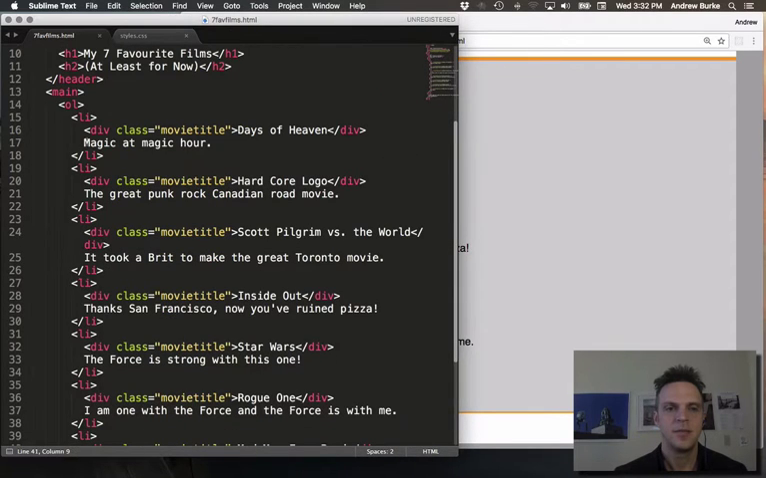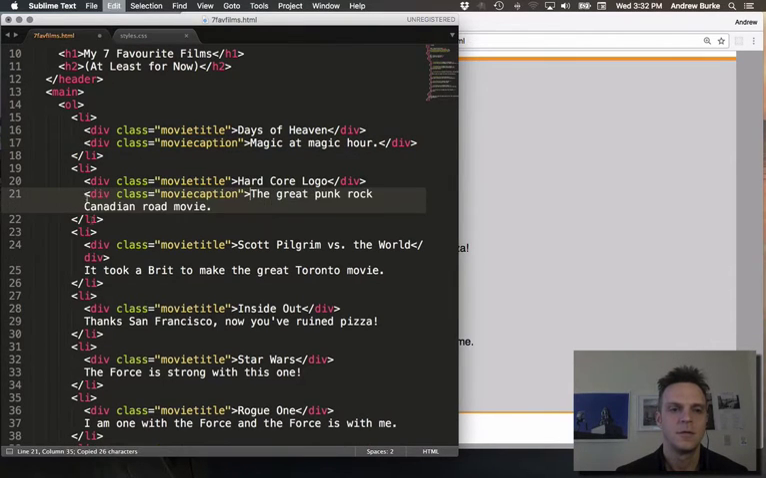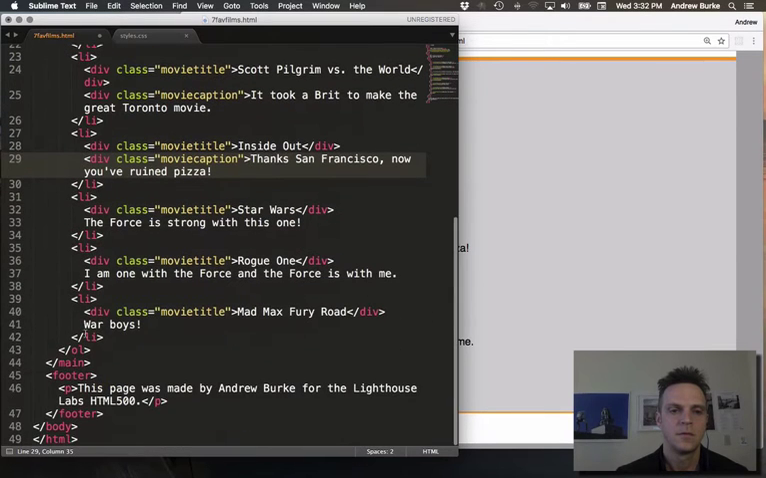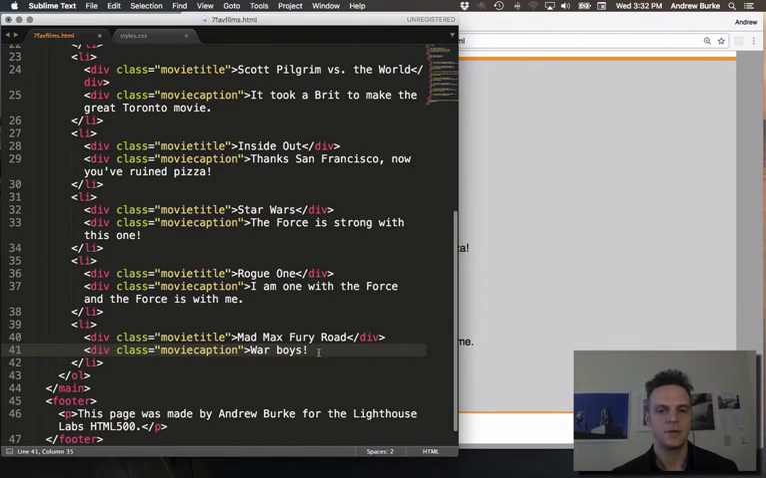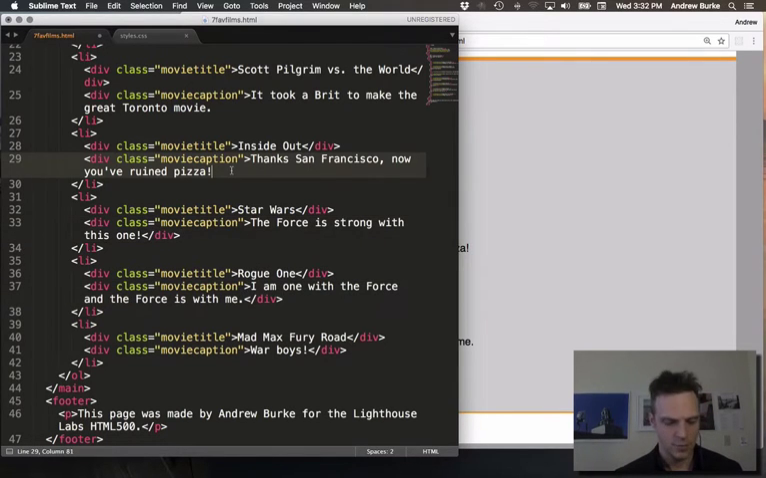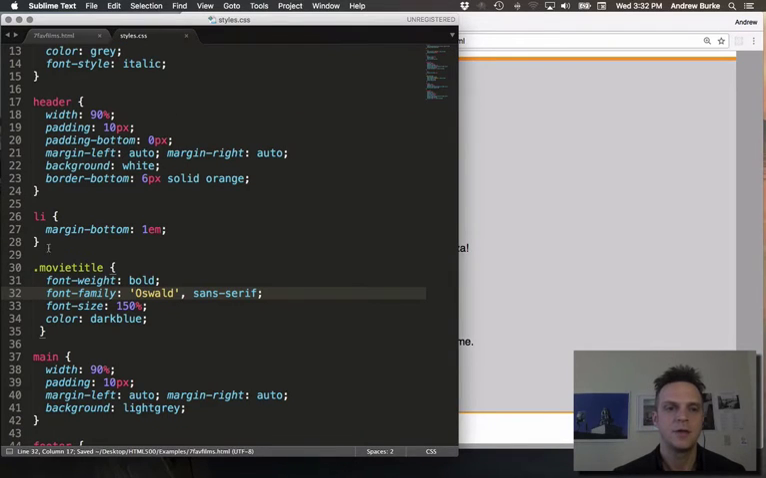let's see, maybe make these also divs. Class equals movie caption. Okay, so now we can just paste these in. Paste. Anyway, so you get the sense of how this fits. Oops, and then of course I need to finish these, and it nice and helpfully puts them in. Okay, it doesn't change, but now I can do things with movie caption